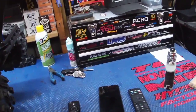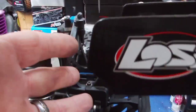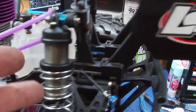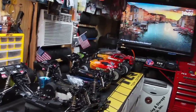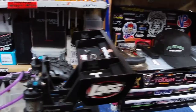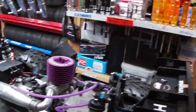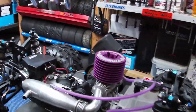In fact, when you redo the Losi, the TLR 4.0 or 3.0, the RTR, and you want to rebuild the diffs, you can use the planetaries from the LST. You just can't use the ring and pinion because they are different. But my suggestion on upgrading the Losi RTR buggy and truggy, go to RC Waffle. They sell those as complete kits for about $45-50 compared to about $80